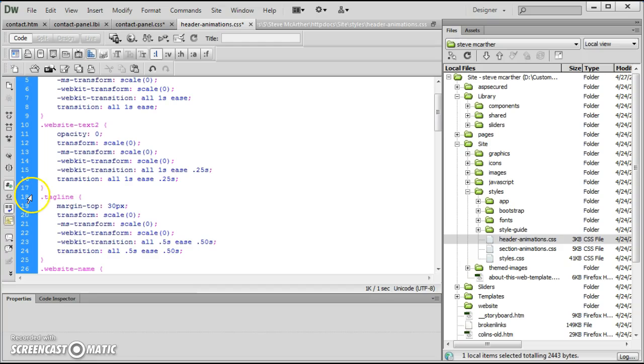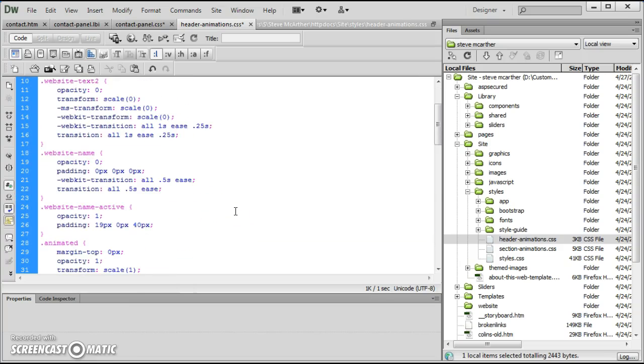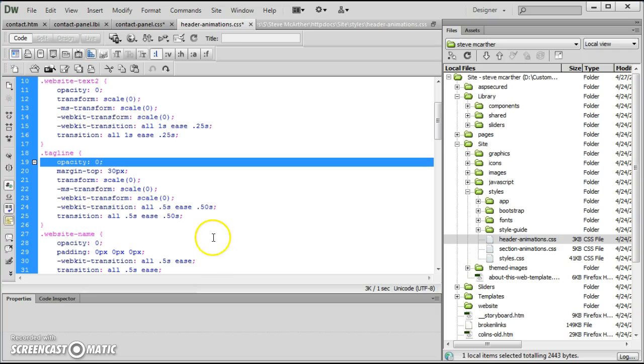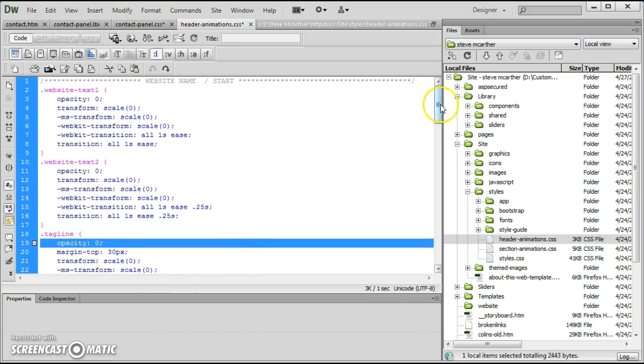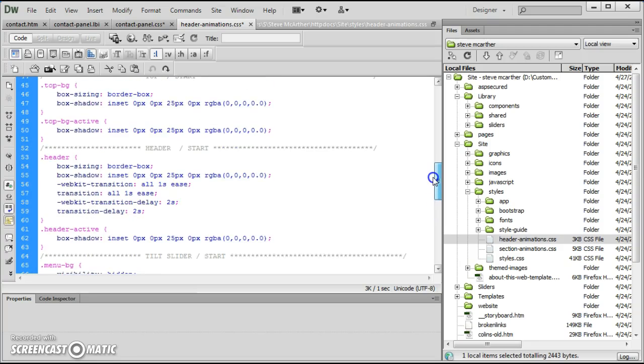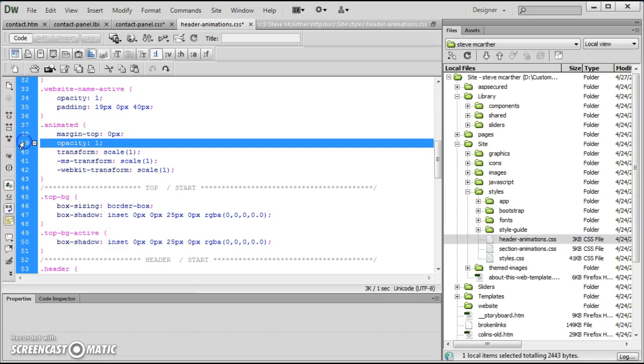We could even get rid of this entire tagline thing as a comparison, so there are no animation effects on it, and it'll only be pulling the styles from the other one, and then you can compare the colors. But there's really not much you can do to change the colors, because there's only an opacity value that's been set to 0, and when it slides into view as an animation, see the animated class, it simply changes the opacity back to 1. So